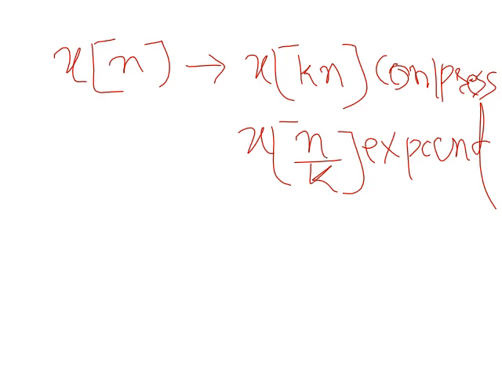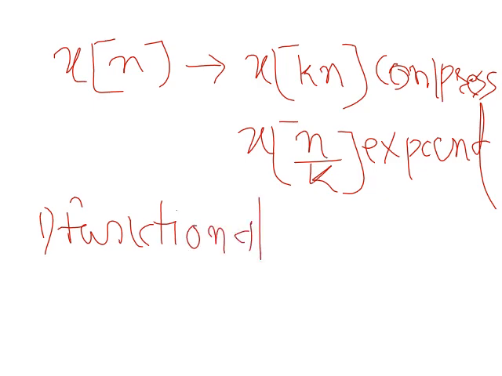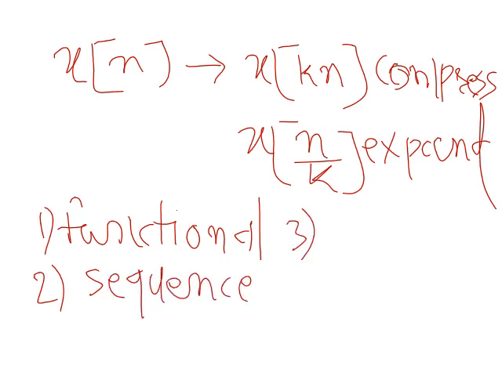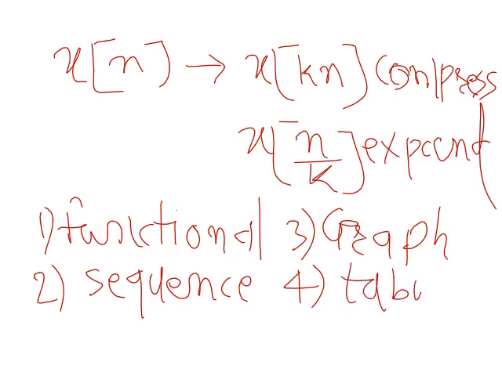Then we have seen the 4 forms of the x of n. One is the functional, another is sequence, then the third one is the graph, and the fourth one is the tabular. So we prefer graphical representation and the sequence form of representation. Okay,